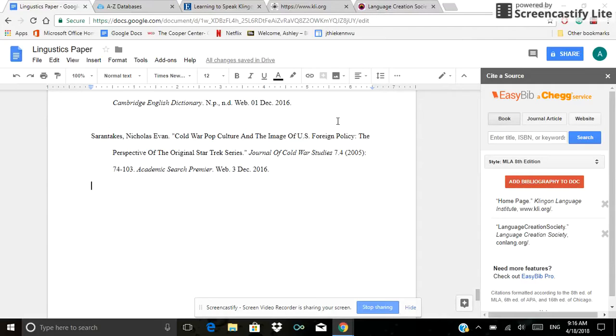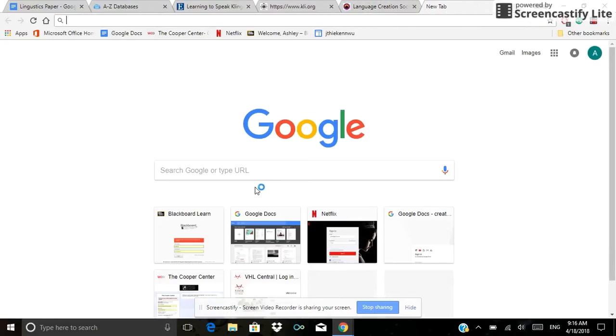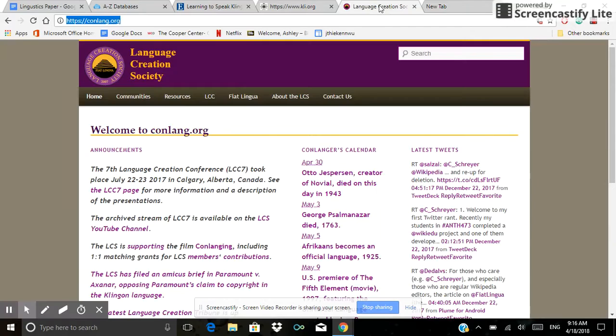So next, you will go up here, you will find your article or whatever it is you really want to use. This particular paper was written over the Klingon language and who has ownership over it. And so one of the sites that I will use is the Language Creation Society. Now you want to make sure that your sources are good sources. So like a .org, a .edu, things like that. So next we're going to copy and paste the URL